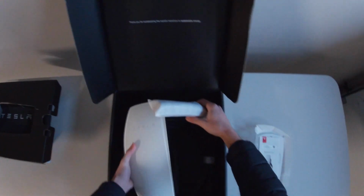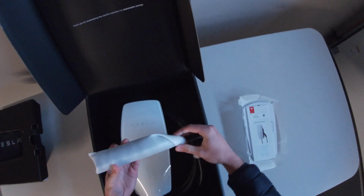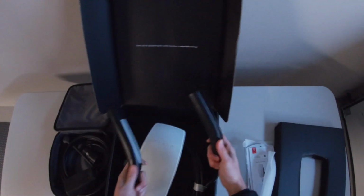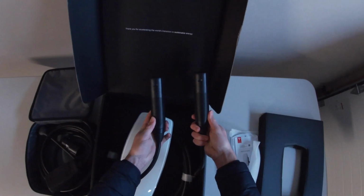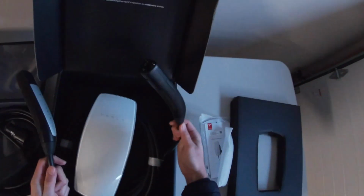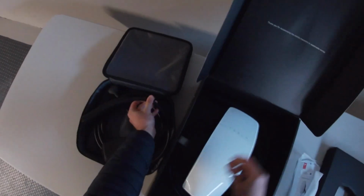And then looking at the end of the cable, the one that goes into the vehicle, it is all taped up in this. So this is the standard one, and this is the wall connector. Not a whole lot of difference, just color difference. The shapes are the same as well. So typical connector there. And as far as thickness, the newer cable is a lot thicker compared to the standard one. So putting the standard one aside,